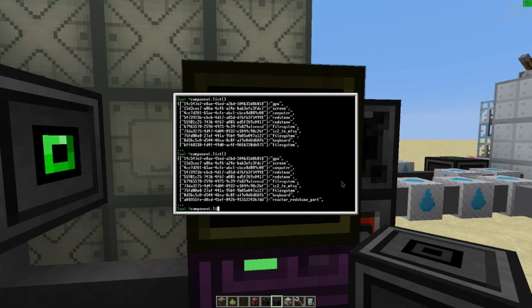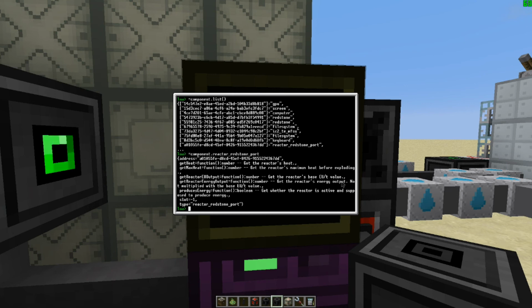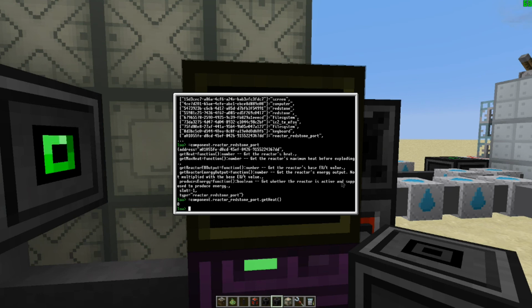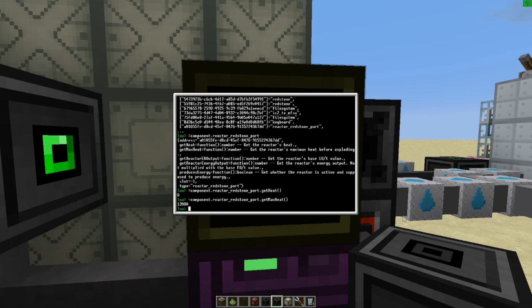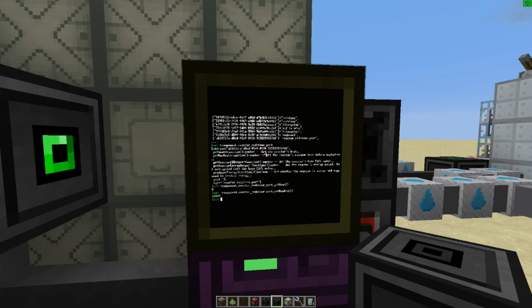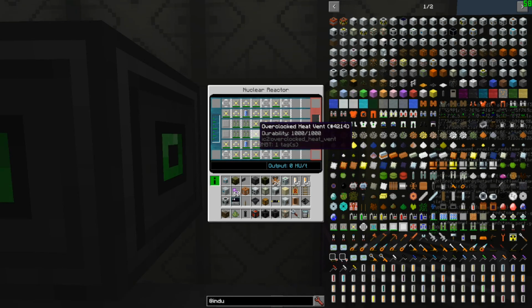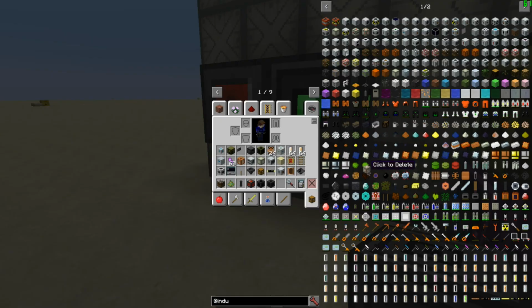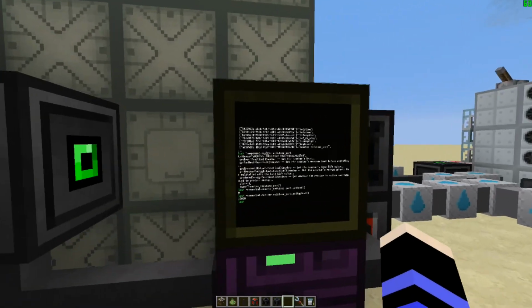So the redstone port allows us to access the reactor functions, and we can use that to, for example, get the heat level of the reactor, and we can get the max heat level of the reactor. I thought it was the access hatch for some reason. But okay, so